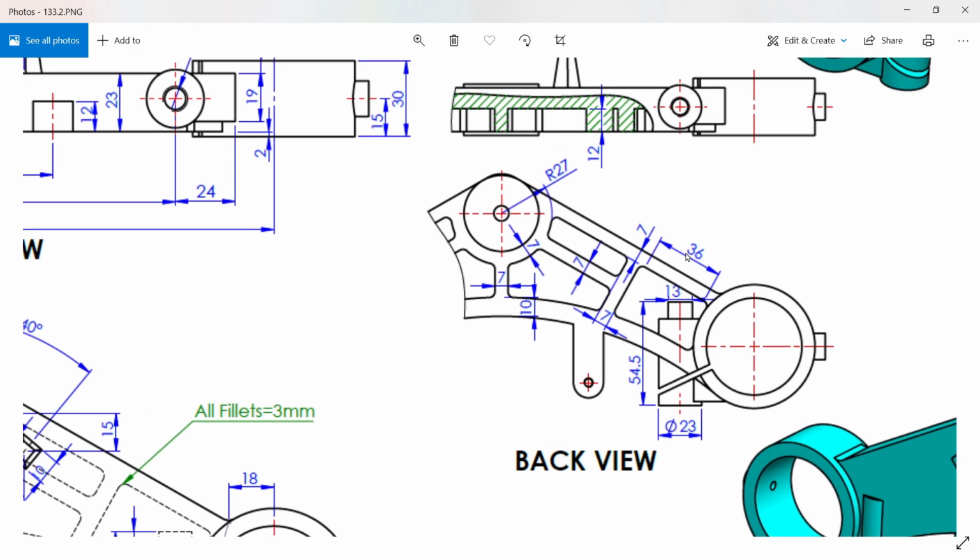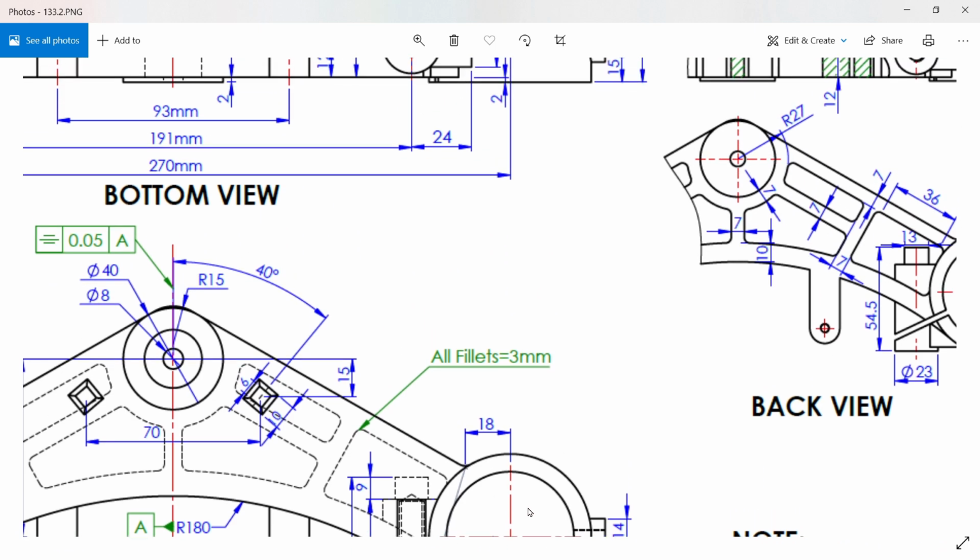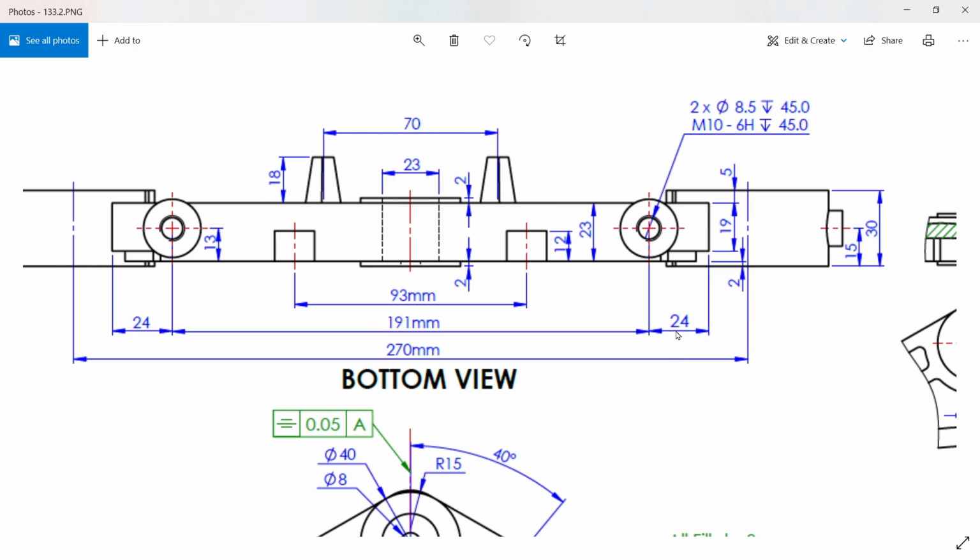So this 36, it is the distance after fillet. So we will apply fillet, then we will measure it. We will then mirror and we will cut depth 14 millimeter. Then later we will make this one 23 millimeter, and this height 45.5 millimeter. See, and this center distance you will check